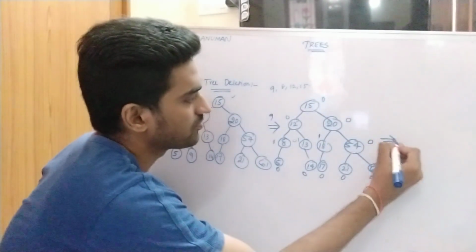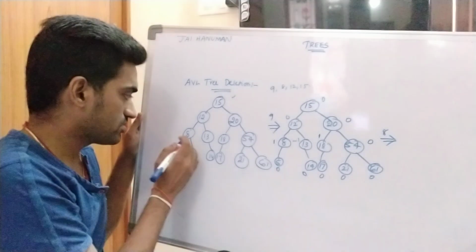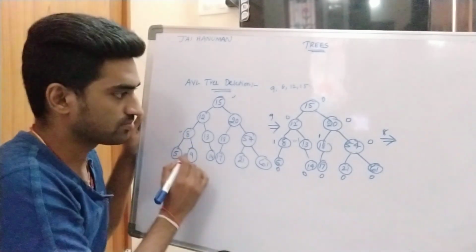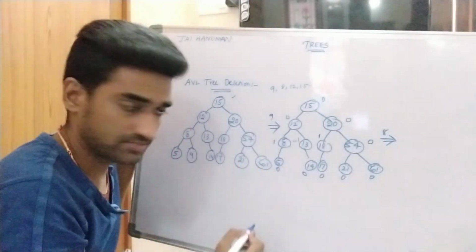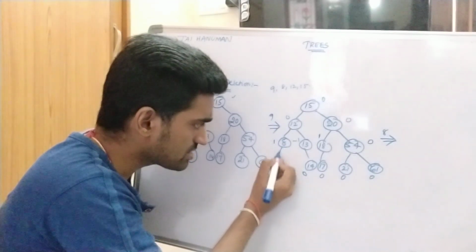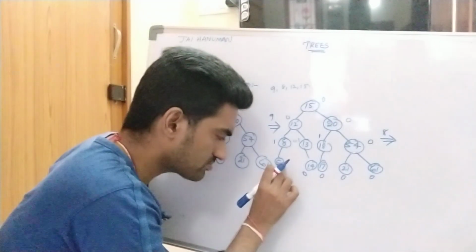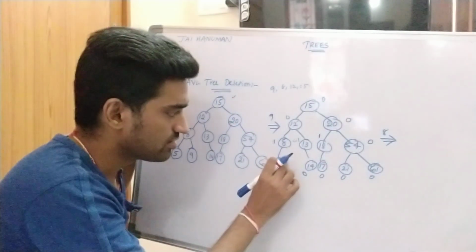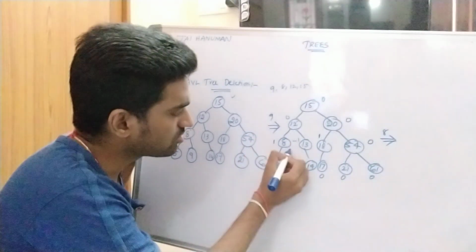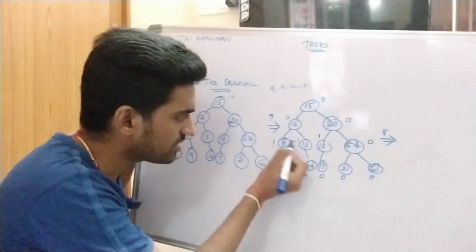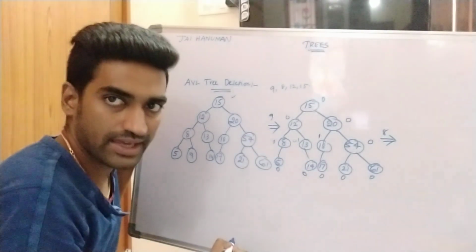What is the second one? Delete node 8. So in this tree I want to delete node 8. In this tree, node 8 contains only one child. So in binary search tree deletion, for a node which contains one child, in such a case the child will replace the position of the parent after deleting that node, right? So here I am deleting node 8. This node is replaced by its child, that is 5. So 5 replaces node 8's position, right?